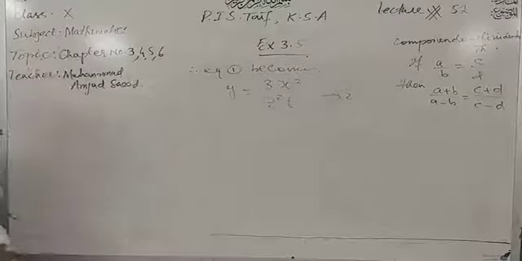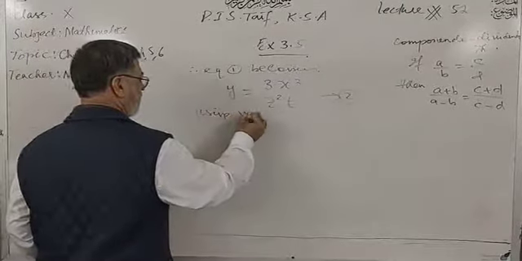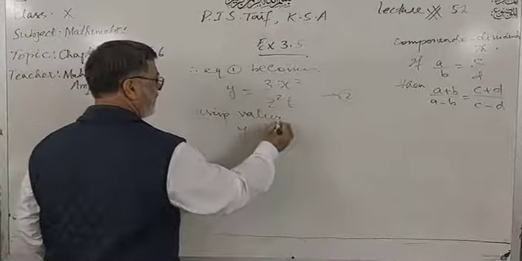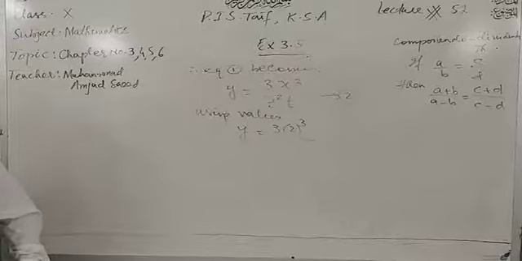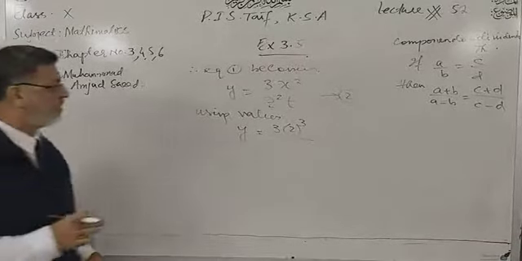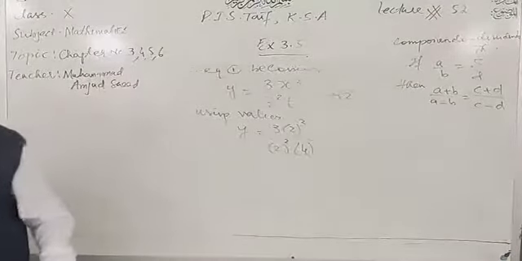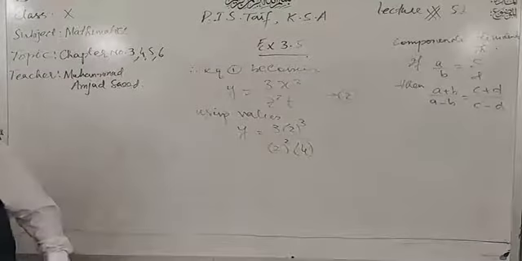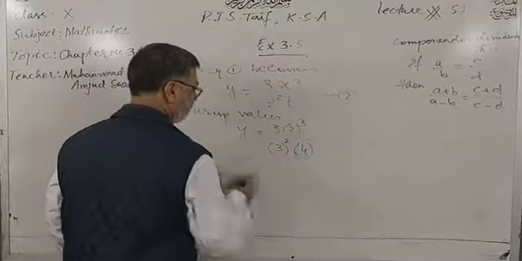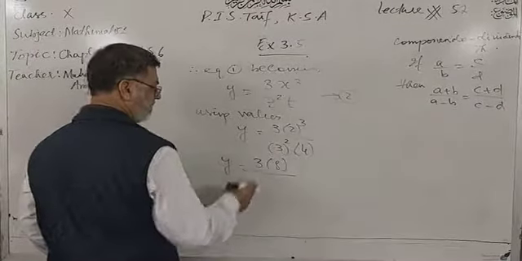After that, find the value of y when x is equal to 2 using the values. Find the value of y when x is equal to 2, z is equal to 3 and t is equal to 4. So y is equal to 3 into 8 over